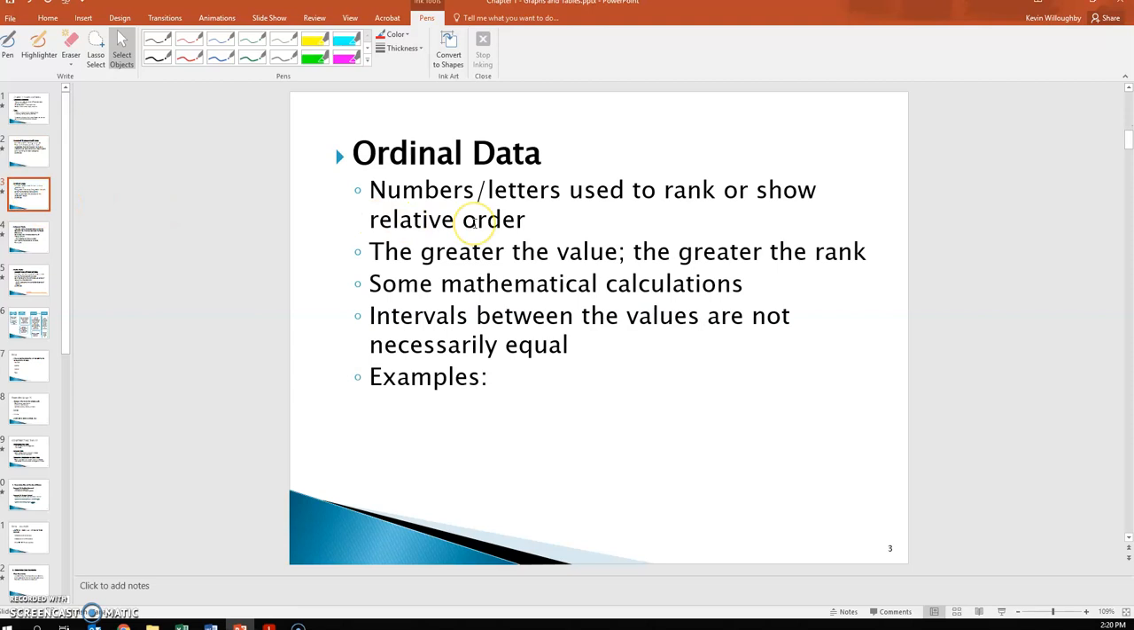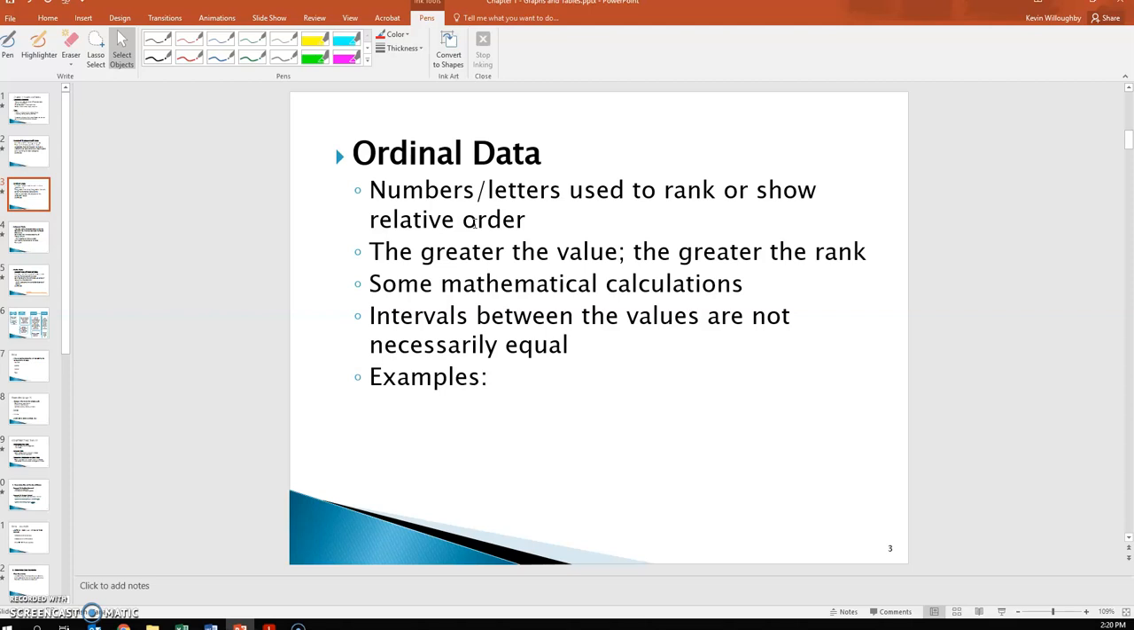Ordinal data, basically it's nominal data that has been placed in order to show rank or to show relative order. The greater the value, the greater the rank. There's some mathematical calculations that are possible. The key here is that intervals between the values are not necessarily equal. So some examples would be